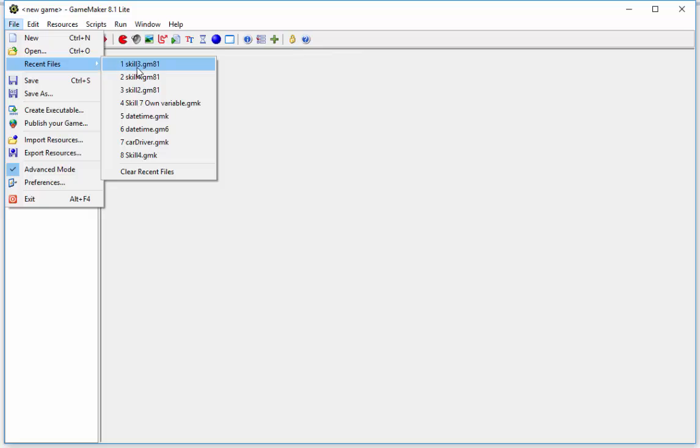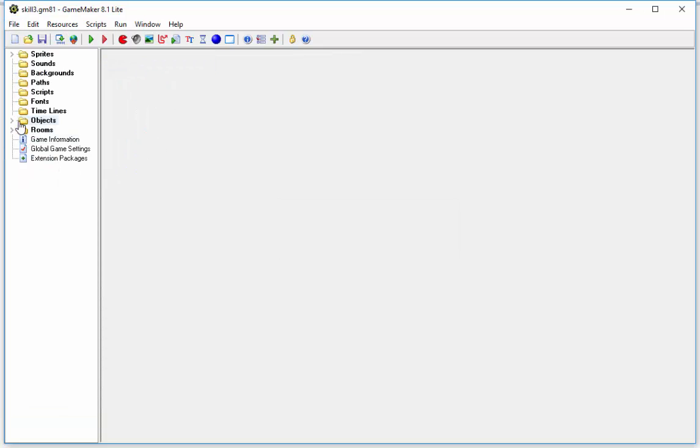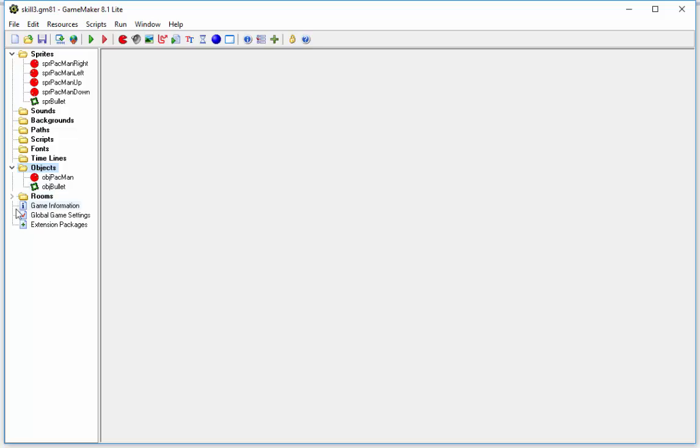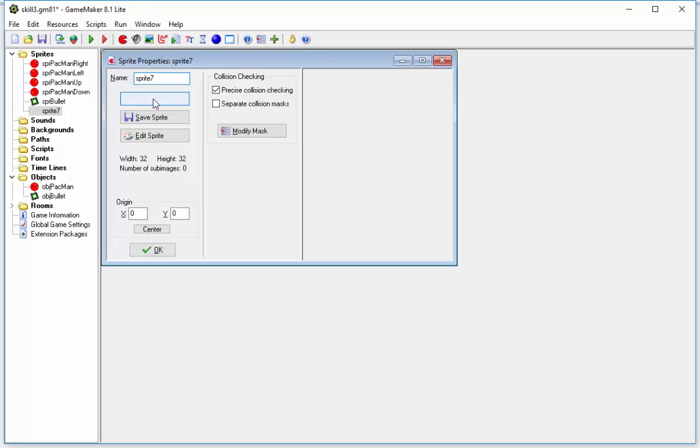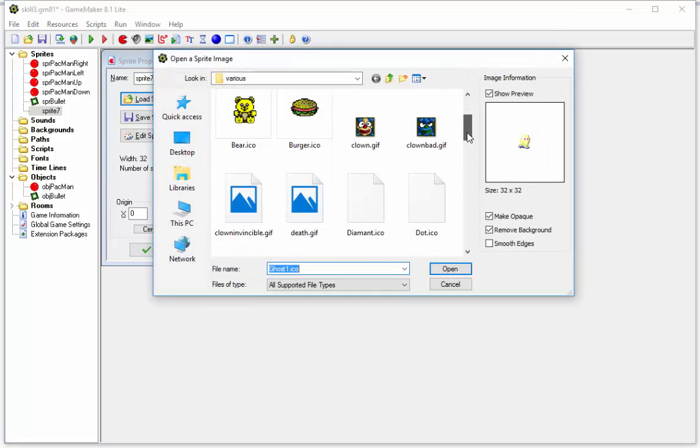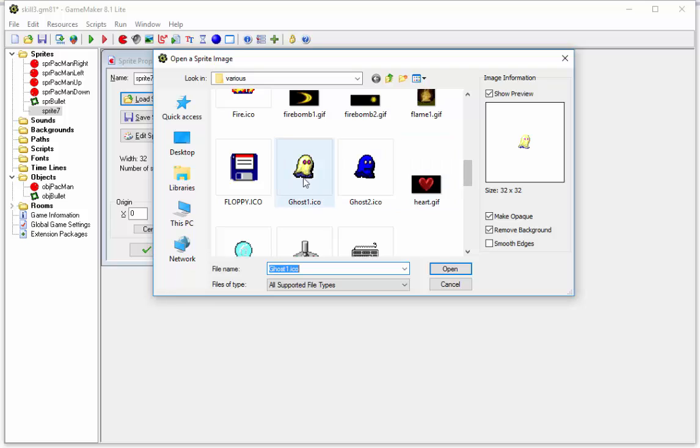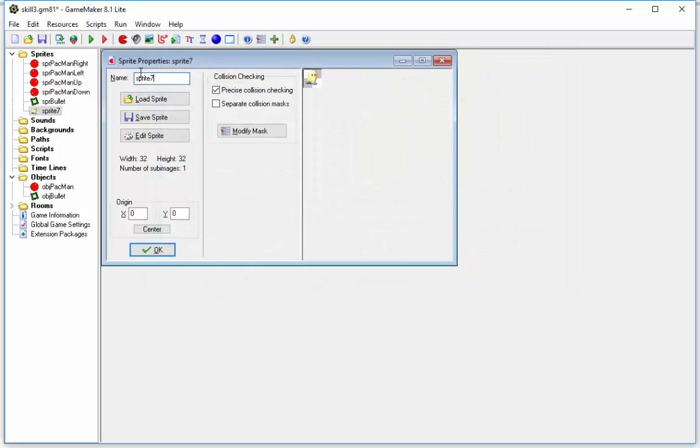That should be on the recent files list, and there we are. And remember, skill 3, we've got some sprites and shooting a bullet. We won't be using the bullet, but we'll just leave it there for the time being. Now I want some sort of an object to follow my Pac-Man, so I'll start by creating a new object and loading a sprite for that. I think I've got something that looks a bit like a ghost here, which I'll use. Don't forget, remove background if that hasn't been checked already. This will be spr ghost,